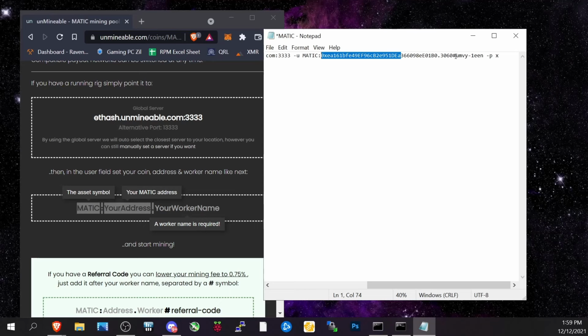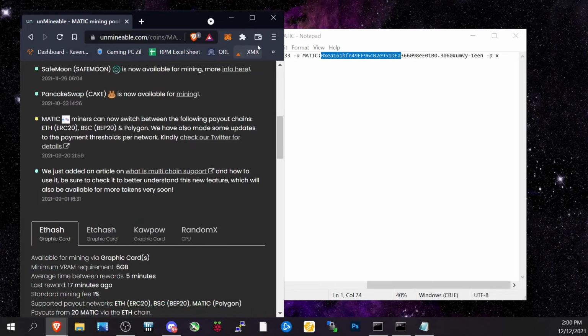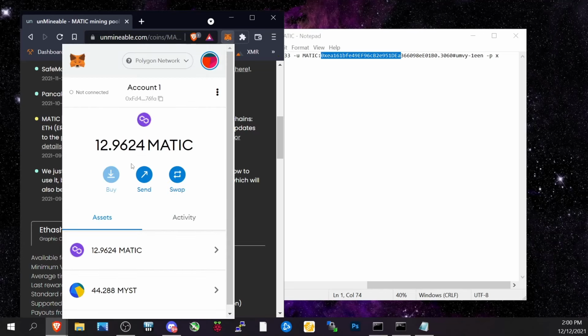So then the next part of it, hashtag -1 EEN, gives me a 0.25% discount on the pool fees when I'm mining to Unminable. And then the last part, -P, is the password. I don't have one, so it's a standard X, and that just means that there isn't a password. Okay, so now when I double click this, it will actually mine to this Unminable pool, and then I'll be collecting Matic out. Okay, so now after a while, I collected my Matic here, and I got 12.94 Matic,